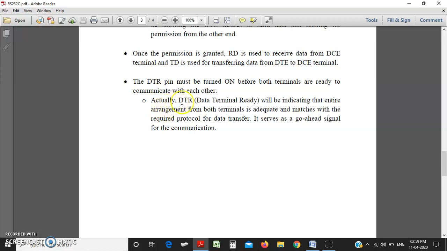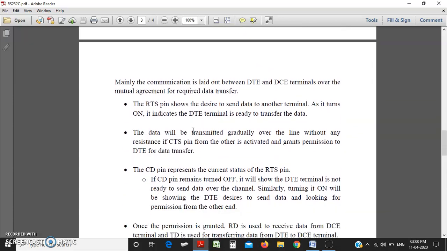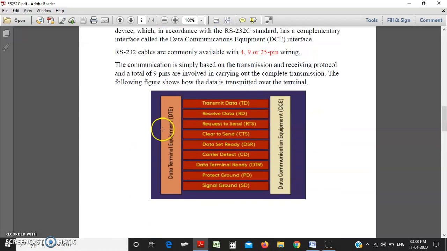So DTR, data terminal ready, indicates that the entire configuration from both terminals is adequate and matches the required protocol for data transfer. It serves as a go-ahead signal for the communication. So this is the process and the various pins required for communication between DTE and DCE components.